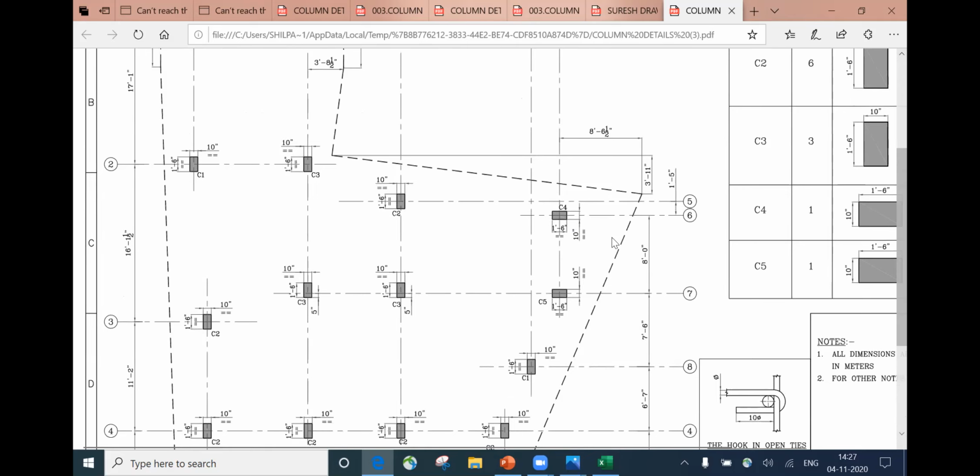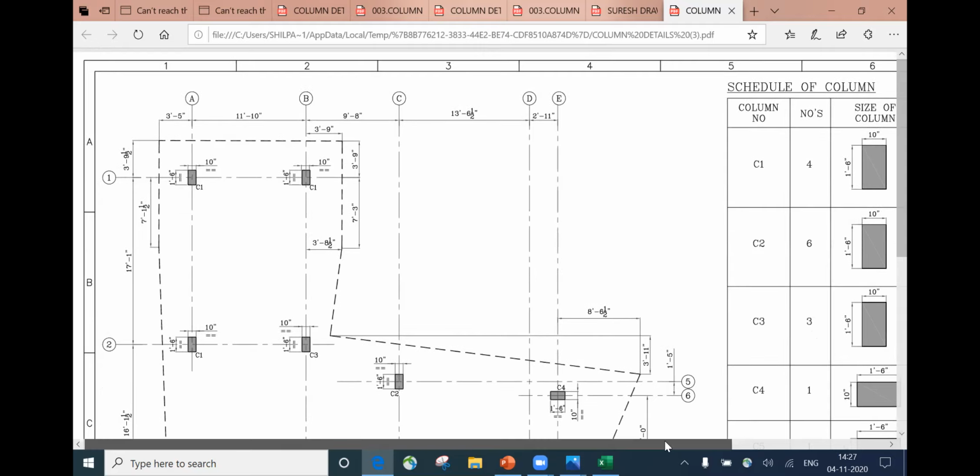So why is it vertical, why is it horizontal? It depends on the architecture requirement. And when we design it in detail, we'll try to orient it based on its major axis and minor axis. So it's an architecture requirement. Maybe the architect doesn't want this column to be vertical, so he has turned the column the other way around, this way. He has kept it horizontal. This is how we are going to do it. So we'll try to understand it in a clearer way.